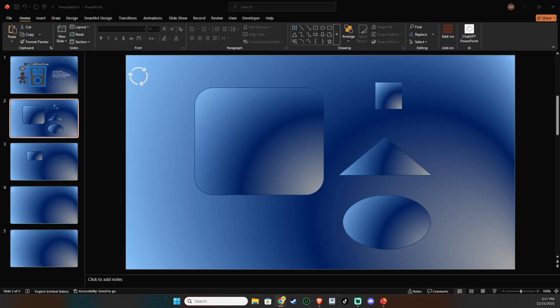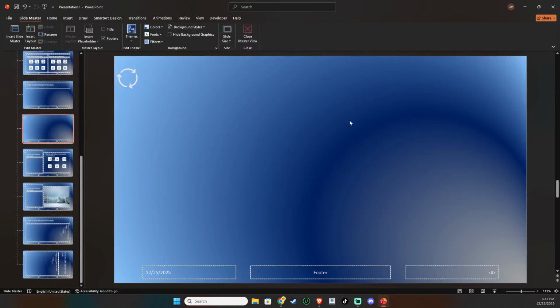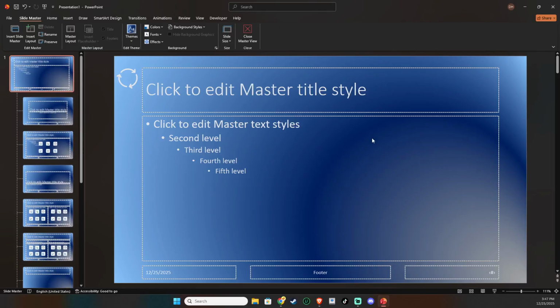First, let's open Slide Master. In PowerPoint, go to the View tab at the top and choose Slide Master. This special view is where you control the overall structure and default elements across your presentation. Think of it as the blueprint for your slides. Any change you make here applies to slides that use the associated layout, so it's a powerful and efficient way